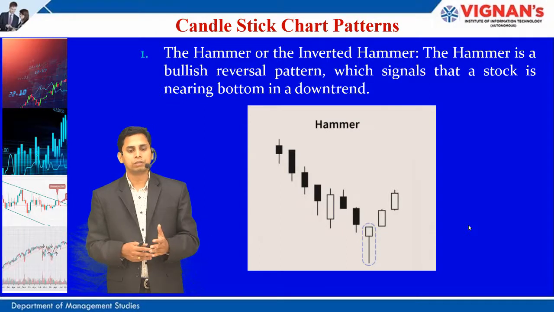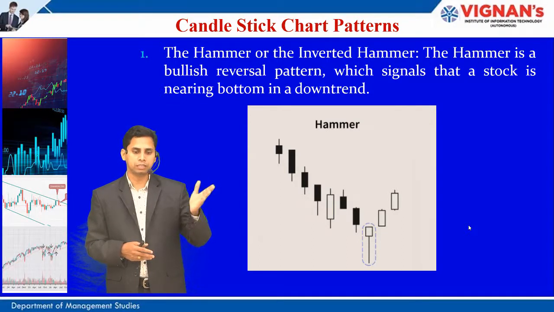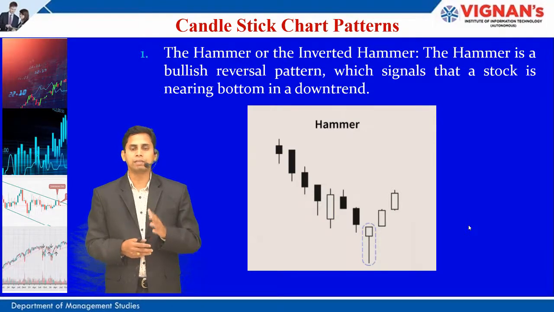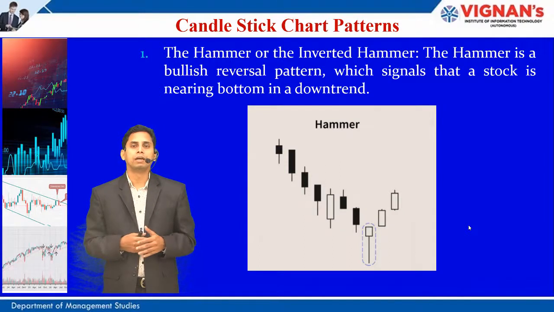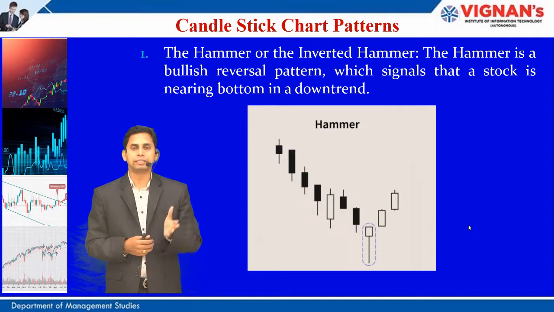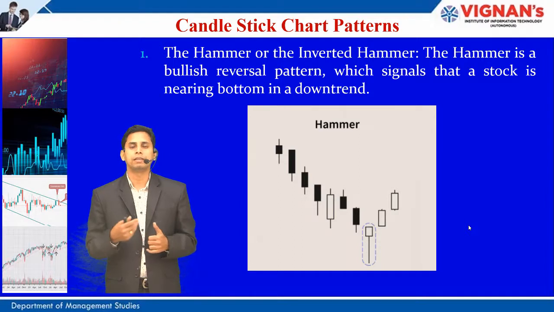Even though the current trend is in the downward direction, this hammer has formed, and after that you see two bullish candles being formed. What the hammer tells us is that a reversal is expected here, and you are supposed to take a decision here. The current downtrend is going to be completed, and a fresh trend is going to start, that is a bull trend.